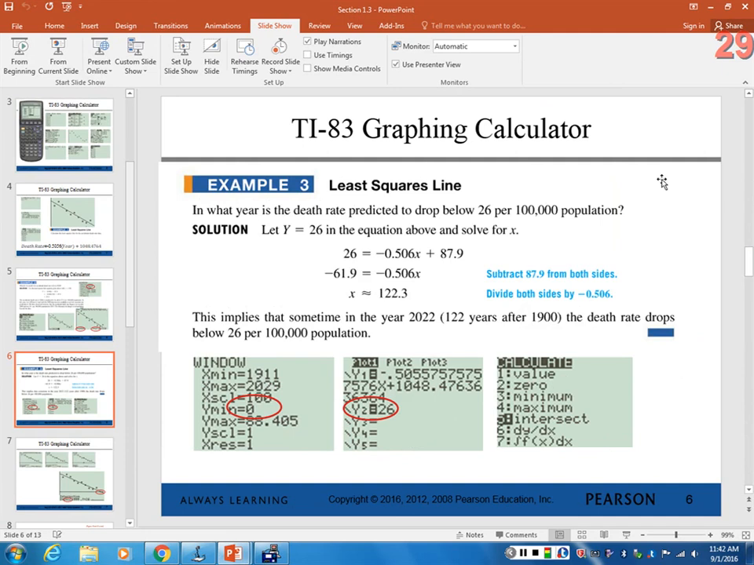The next question is, what year is the death rate predicted to drop below 26 per 100,000? Well, in this case, we're actually looking for when our equation is set equal to 26, so we can find out when it drops below that. And in order to do that, without having to do a lot of arithmetic, although the arithmetic's relatively easy,